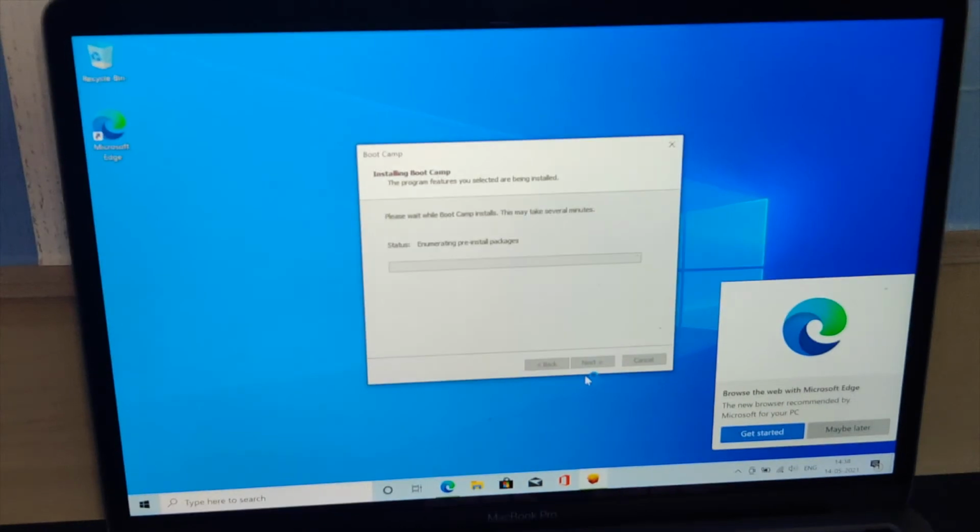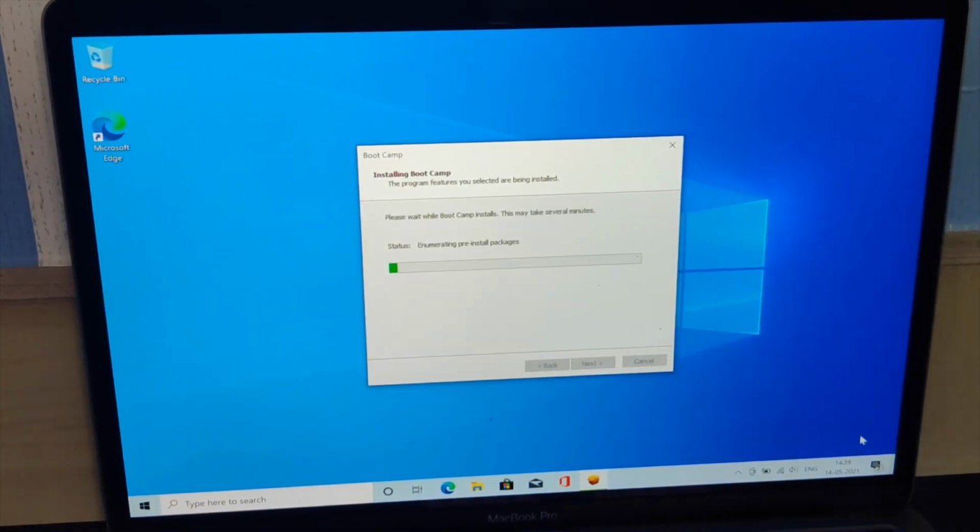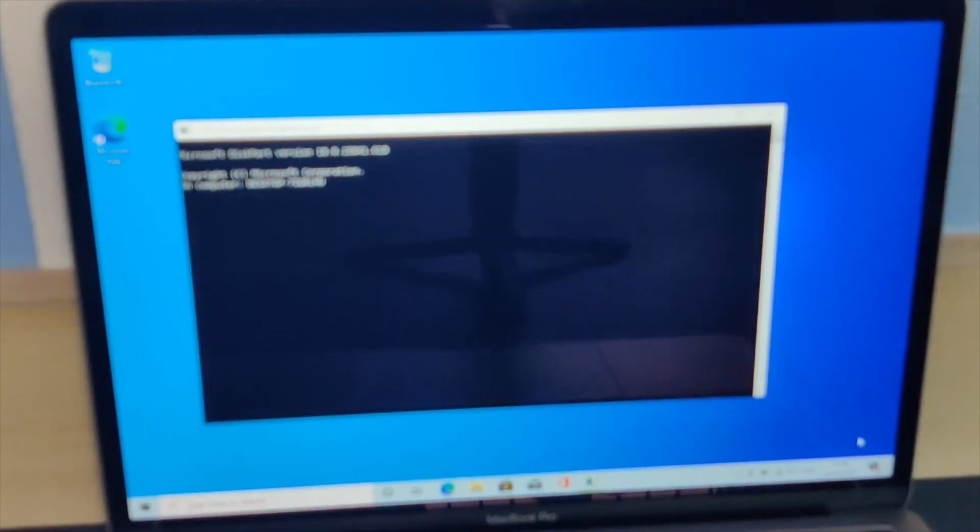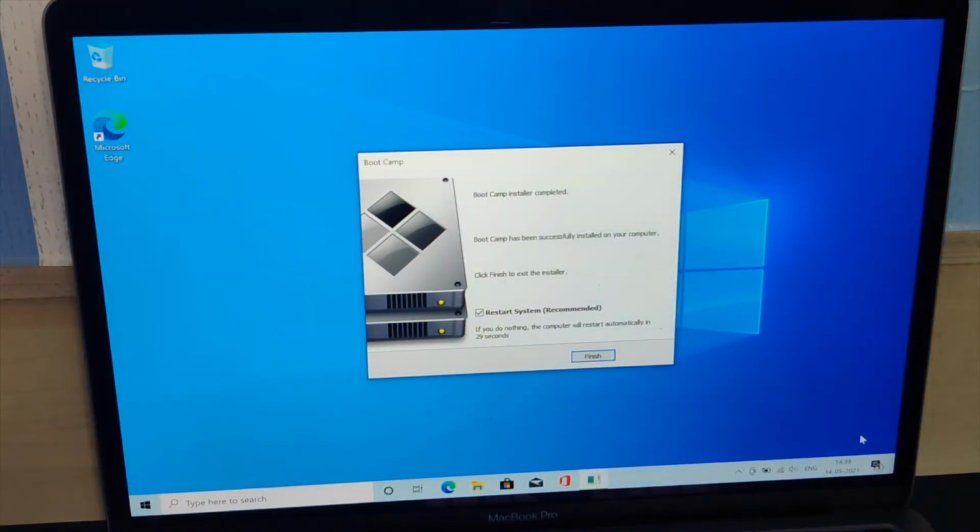Since it is a MacBook Pro, or a MacBook, Apple gives a piece of software called Boot Camp software, so that you can customize your keyboard, customize the trackpad, everything within Windows. That's why they are giving the driver. So don't forget to install this Boot Camp software. If you do not, maybe the trackpad or the keyboard might not work. Once it is done, click restart.